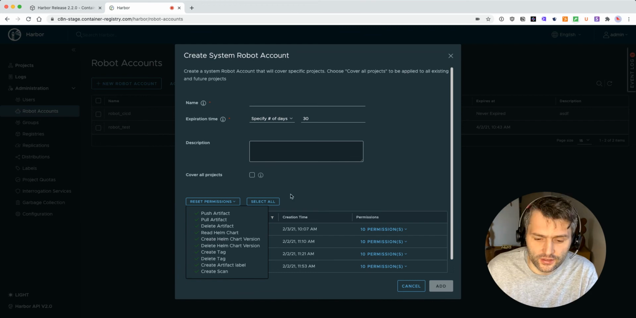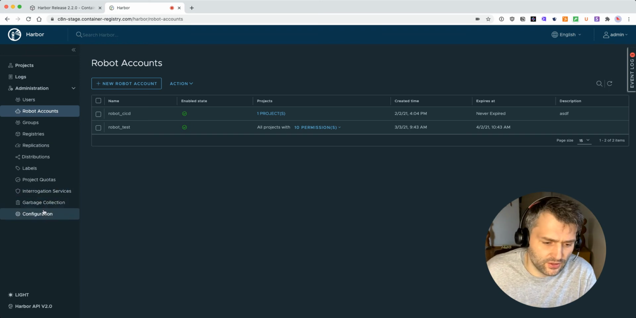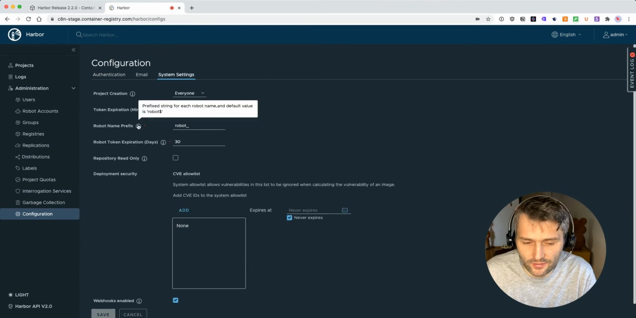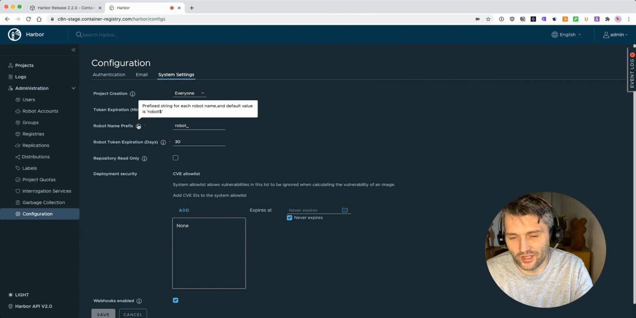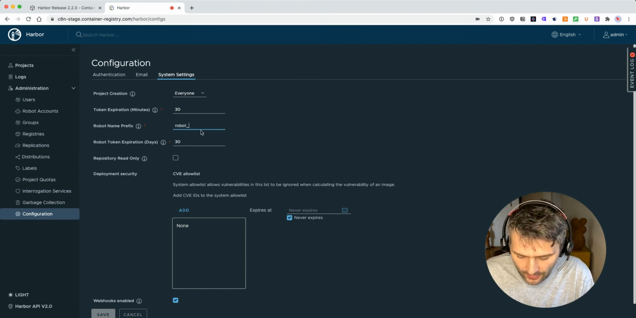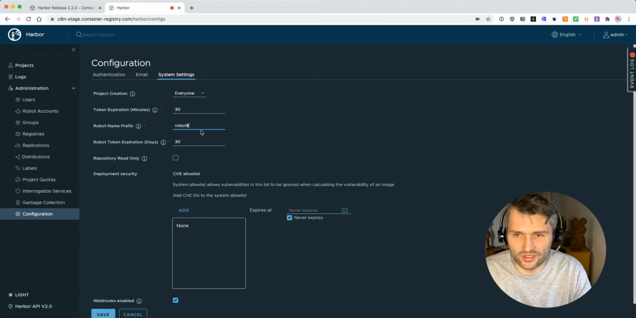So the next functionality that I would like to highlight, because it's personally a very interesting one, and a well-needed one, is the robot name prefix, so that you can now adapt the prefix of the robot account. It's kind of annoying if you have a $ sign and if you want to use a robot account on a CLI or in the CI/CD pipelines, and those dollars get